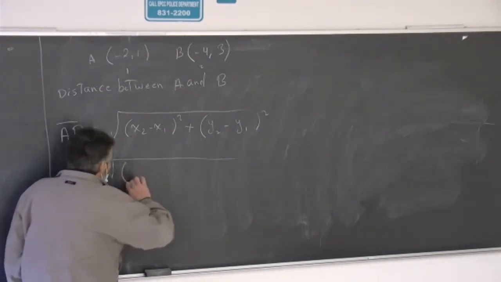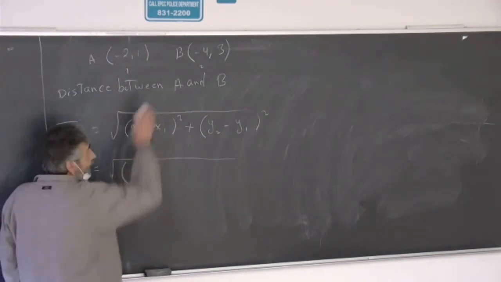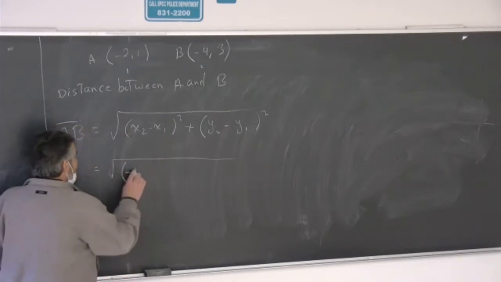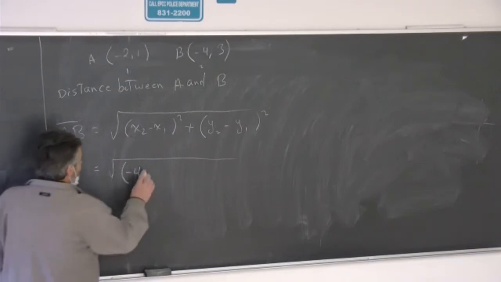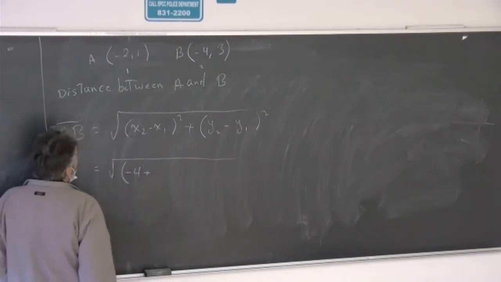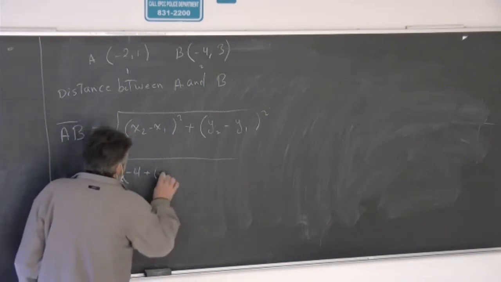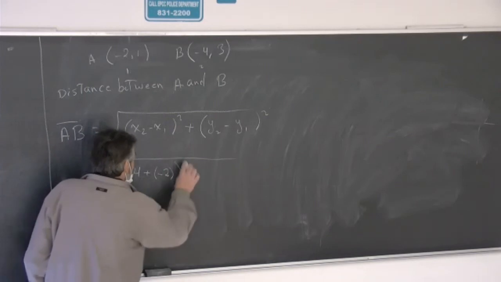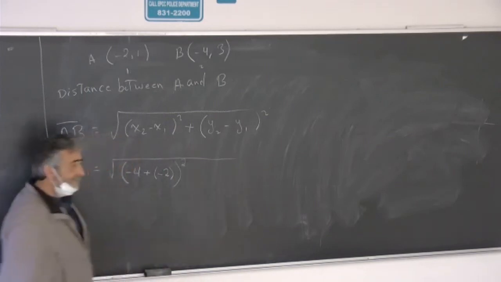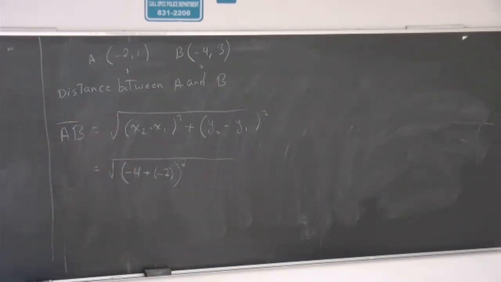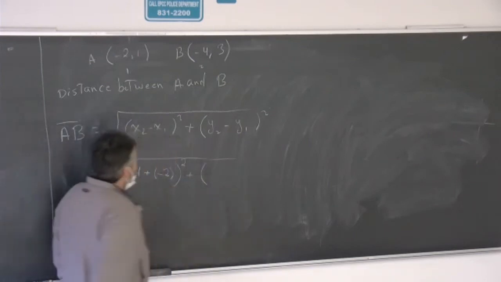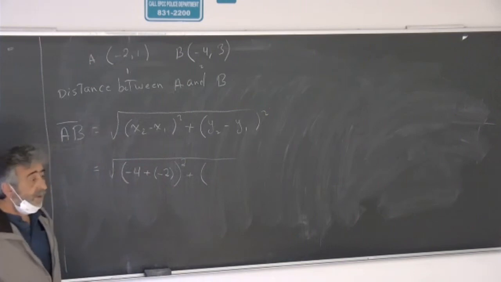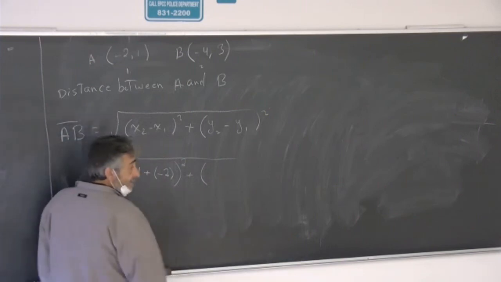So now, based on what I have, x2 is negative 4 plus, and x1 is negative 2. The whole thing is squared. Plus, based on what we have, y2 is